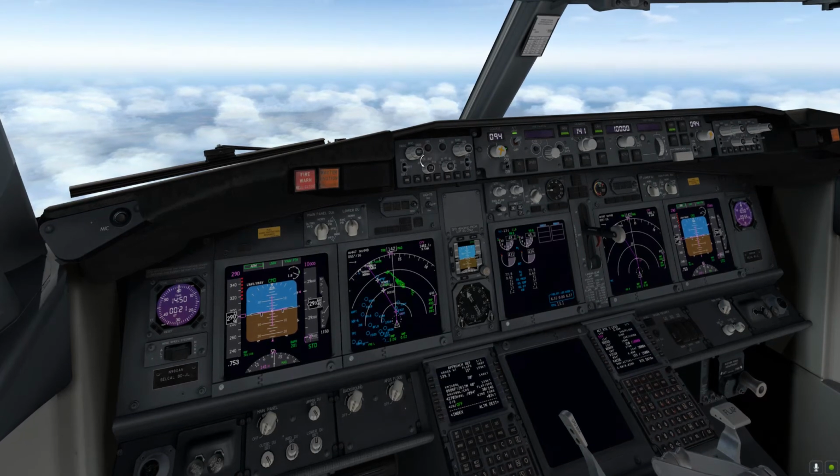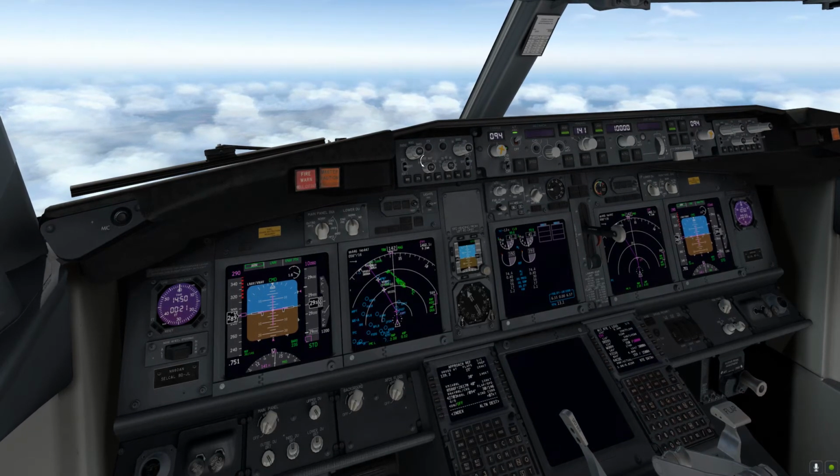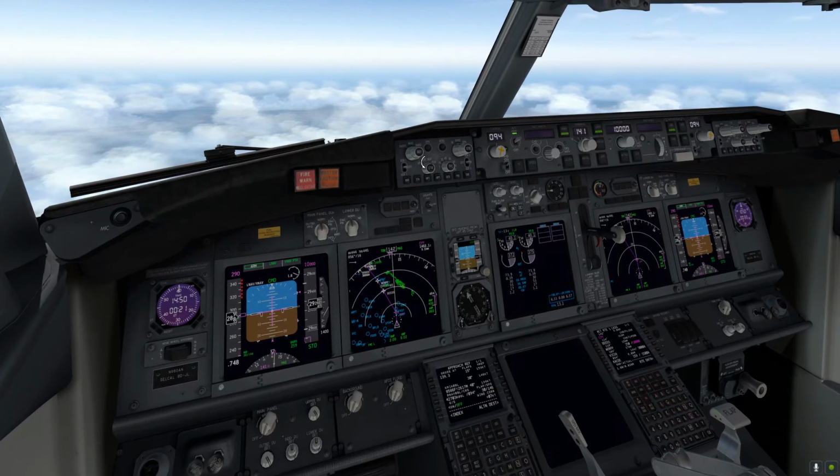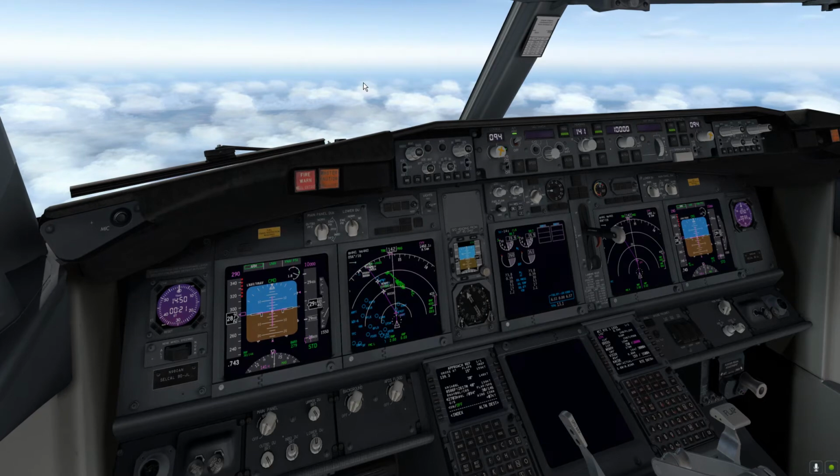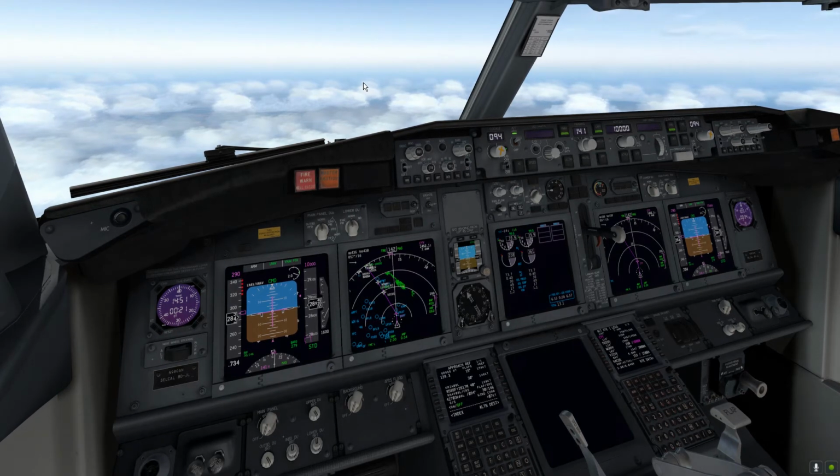So let's go and set it to 79 barrow. Yep. And approach briefing completed. Descent checklist completed. So as I mentioned earlier, this is gonna be an RNAV approach